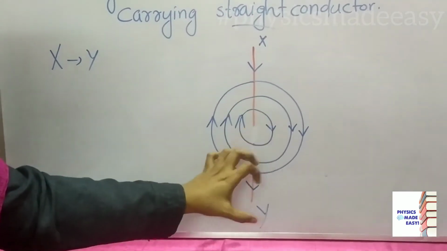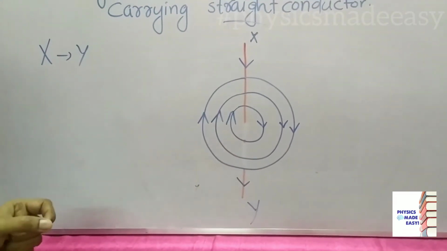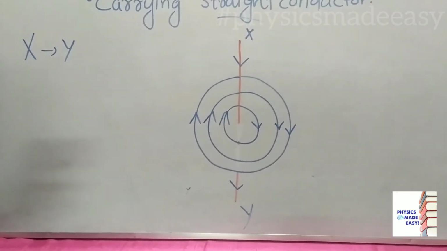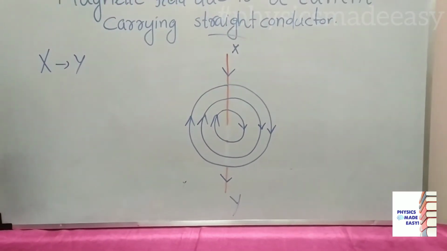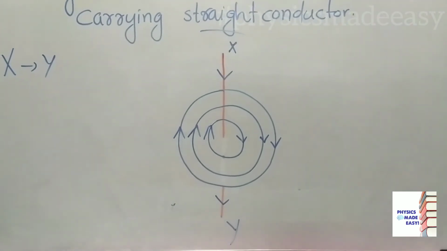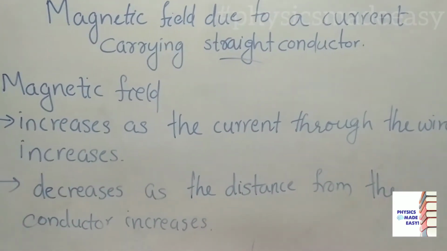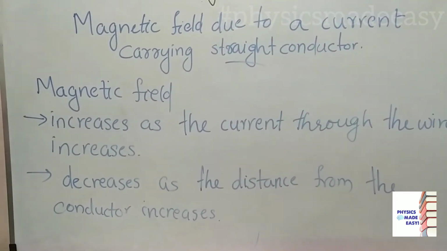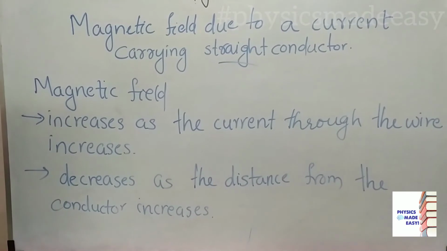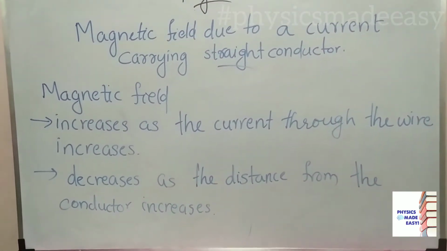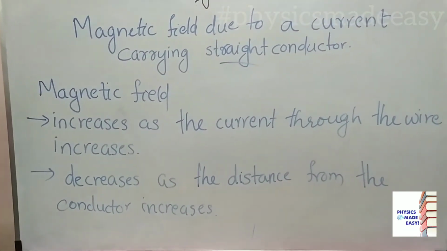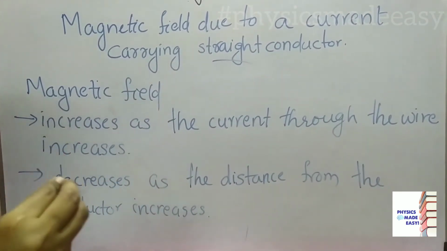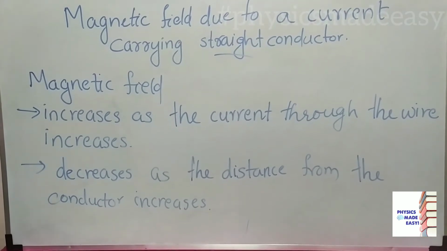You can see the direction also. In this experiment, if you place a compass over that cardboard, you can see the direction of that magnetic field. Listen children, in that experiment, if you change the variable resistance, we can change the amount of current passing through it. Then if you place the compass there, you can see that the compass is deflecting, and it will give us the direction also.